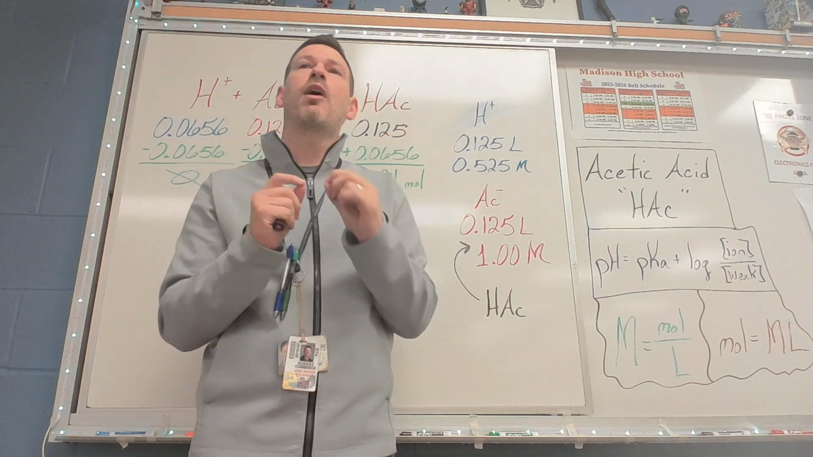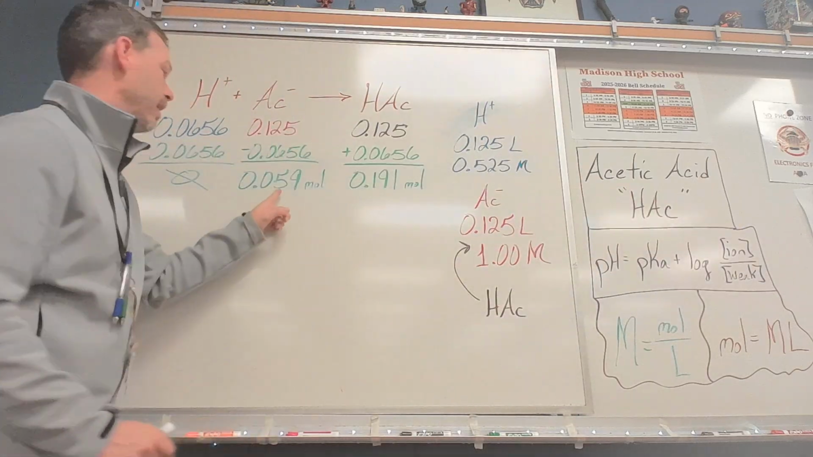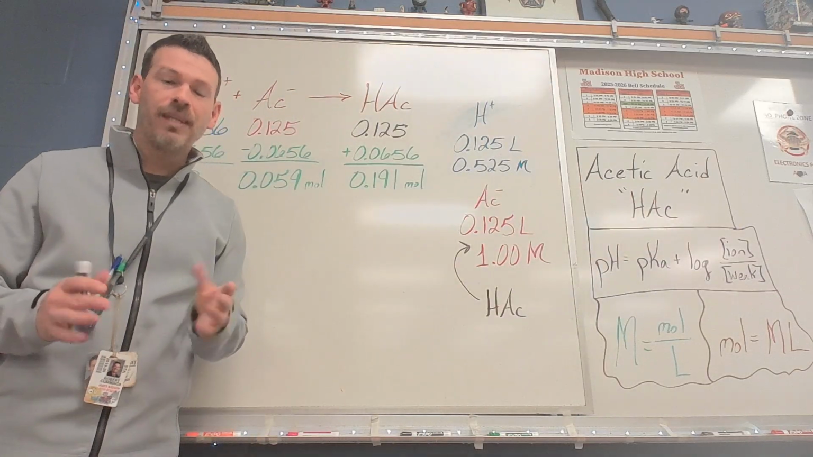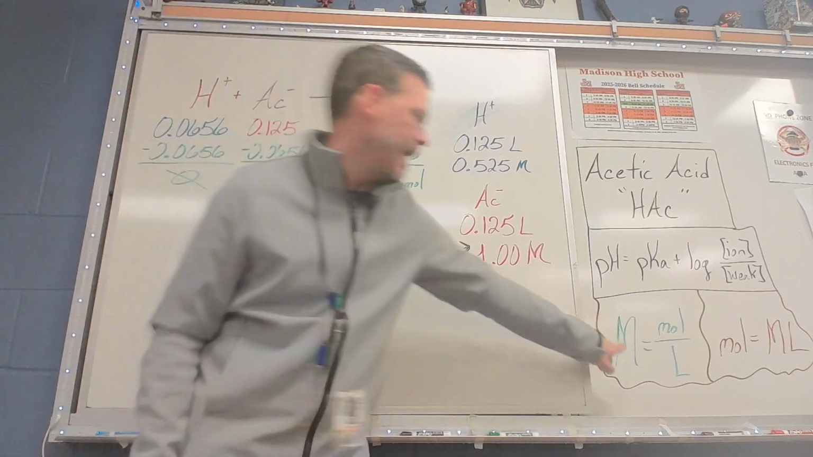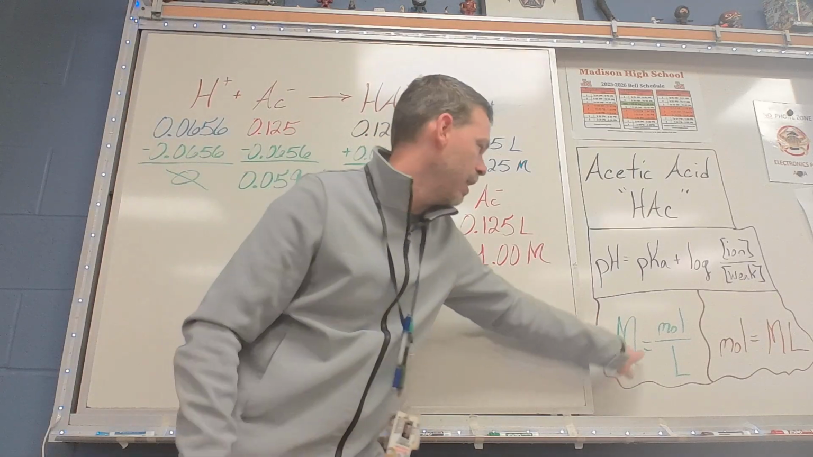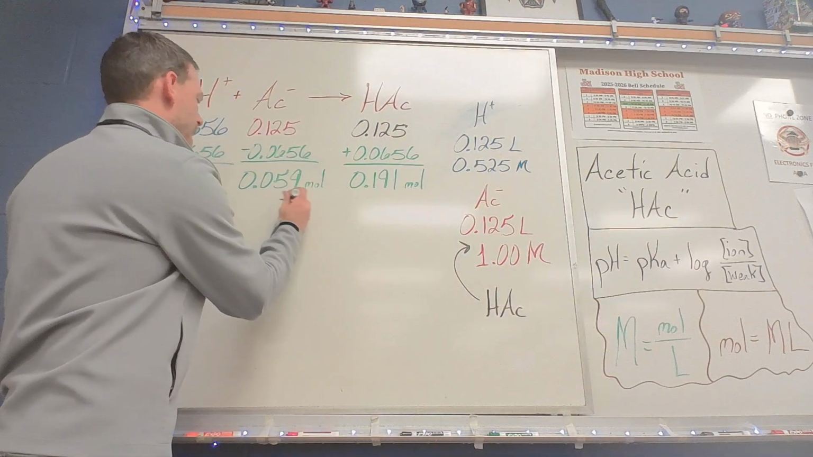The Henderson equation requires molarities. See that? Those have to be molarities. We have moles. It's easy to fix. It's also easy to forget to fix. To get the molarity that you need for the equation, it's moles divided by liters. So it's moles divided by,